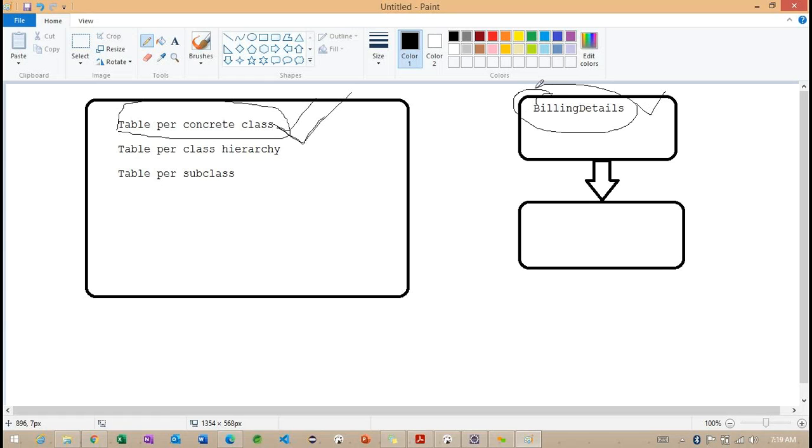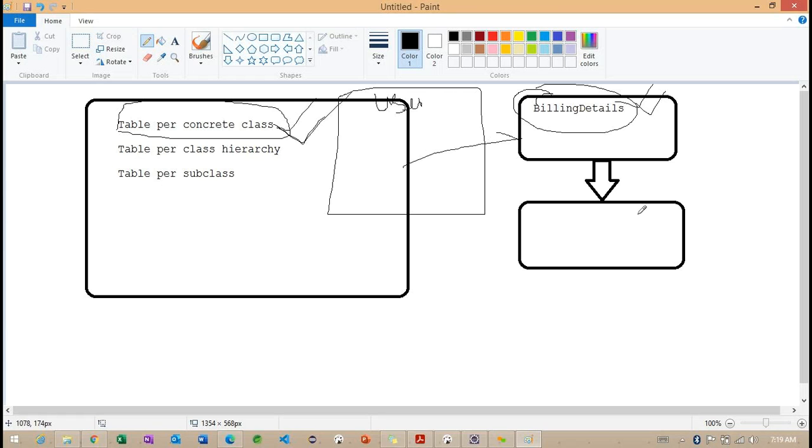Along with this billing details information, the billing details are going to communicate with the specific user, so we are going to have a user table here. And we are going to have a relation between this user and billing details.